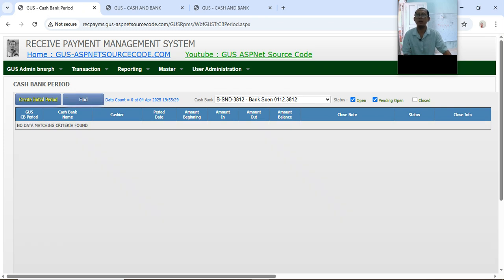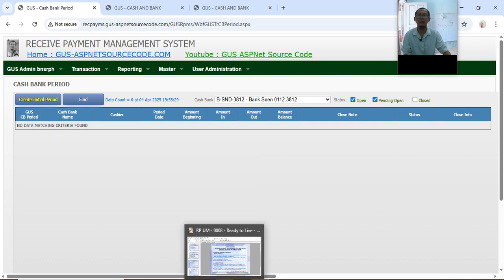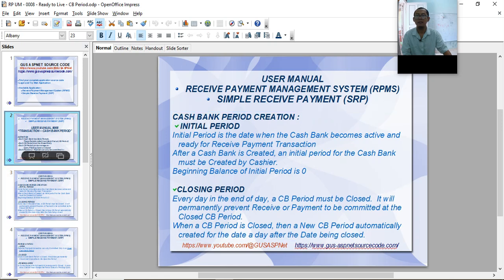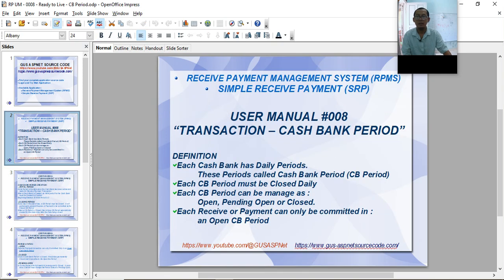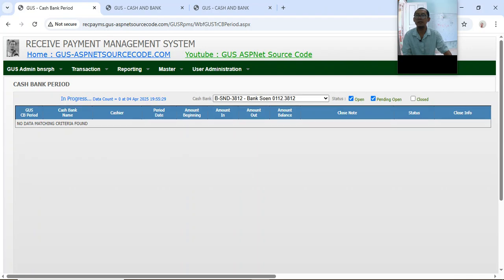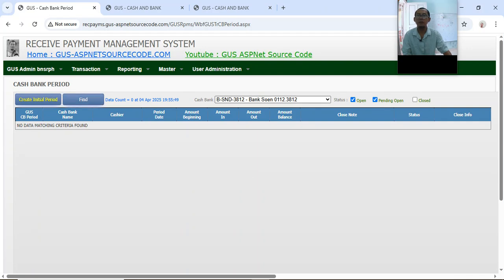We have no cashback period here. We have to create an initial period. Each cash bank has a daily period, and in our application there is no period for Bank Sun yet. So we have to create an initial period.